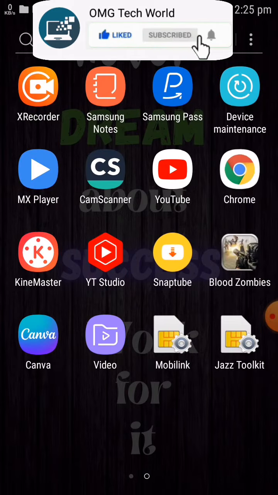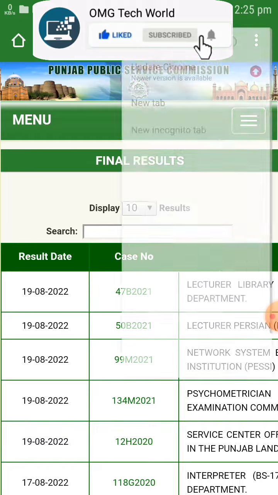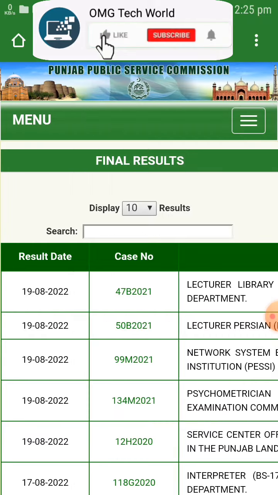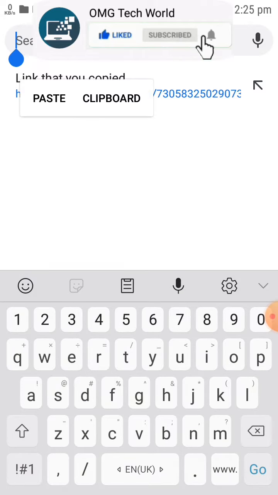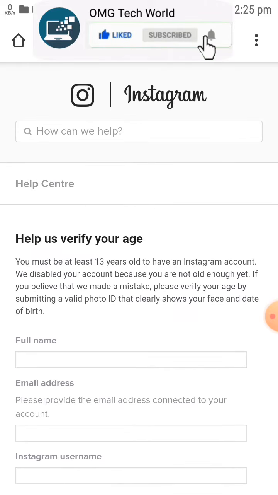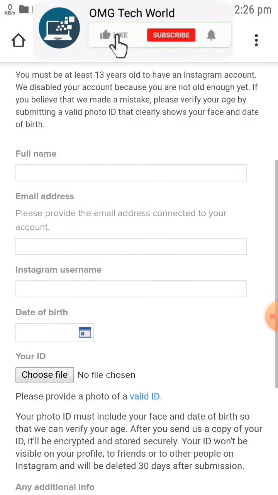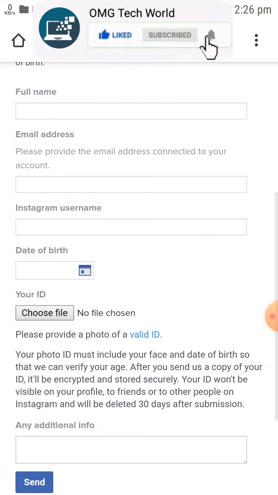First of all, you have to open a browser in your Android device. After that you have to open a new tab. In the new tab you have to paste the link I will provide you in the description. After you paste that link, you will find this kind of form in your Android device, in which you